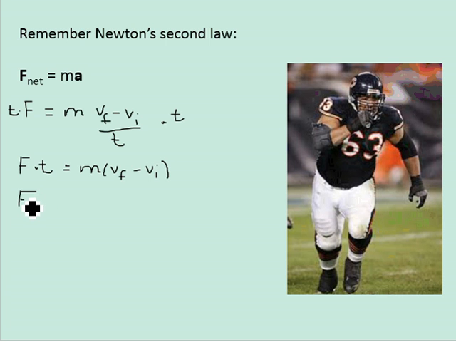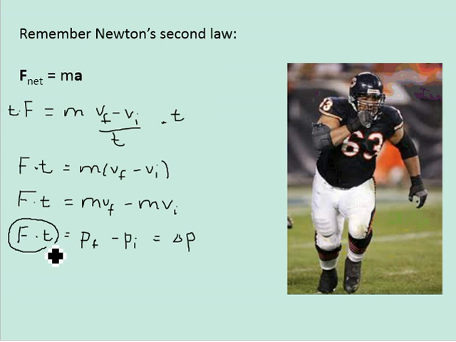If we distribute that mass through on the right-hand side of the equation, you will see we'll get mass times velocity final minus mass times velocity initial. And if you look at mass times velocity, we have momentum. So we would get the force exerted, multiplied by the time over which it is exerted, is equal to the final momentum of the object minus the initial momentum of the object, which essentially is the change in momentum of the object. And this right here is how we define